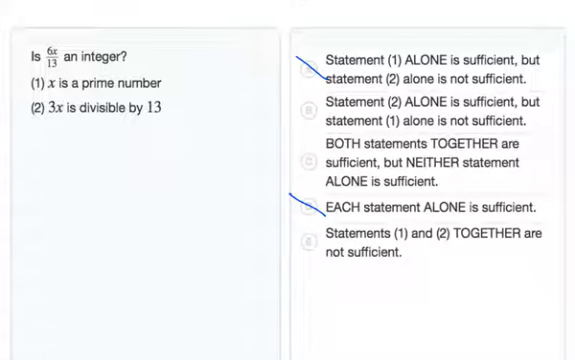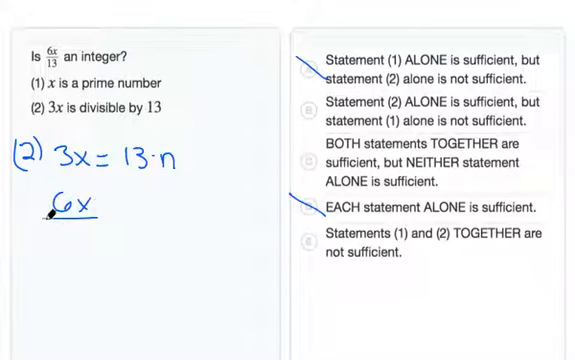So considering statement 2, we're given that 3x is divisible by 13. So that means that 3x is equal to 13 times, let's choose some integer n. Now let's consider whether 6x over 13 is going to be an integer. So 6x over 13,